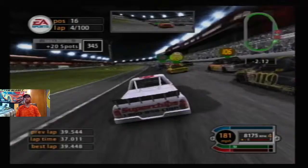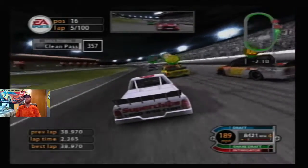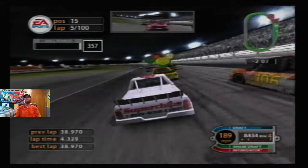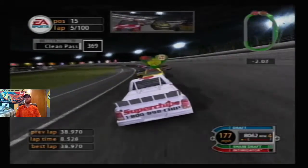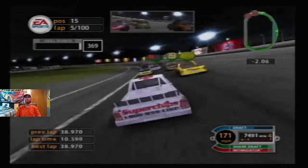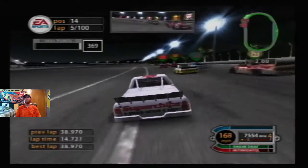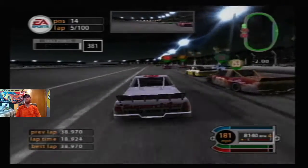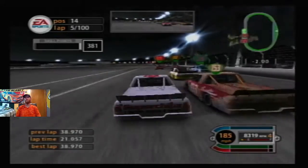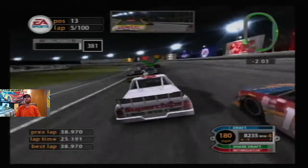Again, a very short race, only 100 laps, 200 miles in length. Don't have a lot of time. I'm aware of how much fuel these guys are going to be able to go. It'll be either a 1 or 2 stop race today. We've seen in the truck races this season that the fuel window seems to be kind of elongated with the truck series. And what you would actually see now,